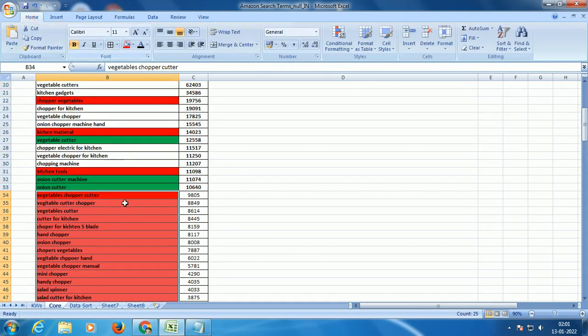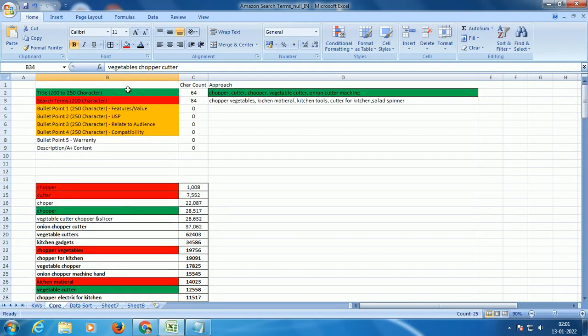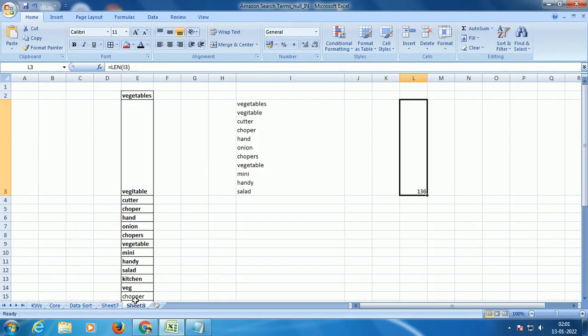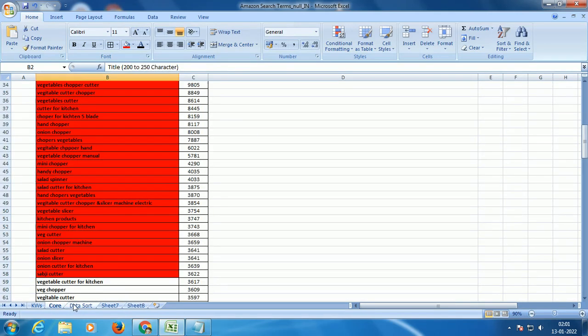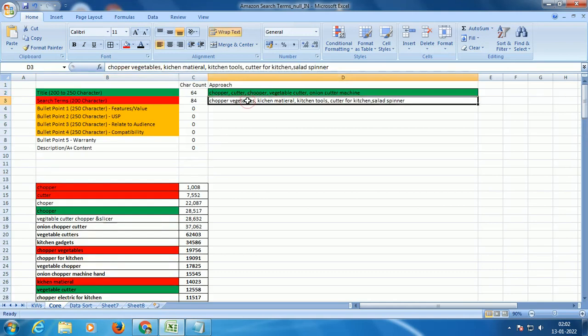So in this manner, for my title, I'm going to use my first 5 or 10 keywords, and the remaining 20 or 25 keywords, just like I've demonstrated here, right? I'm going to do a quick conversion of the keywords into individual words. I'm going to remove the duplicates, and I'm going to see what the character length is, right? So once I check that, now I have my 200 character search terms for my backend search, right?